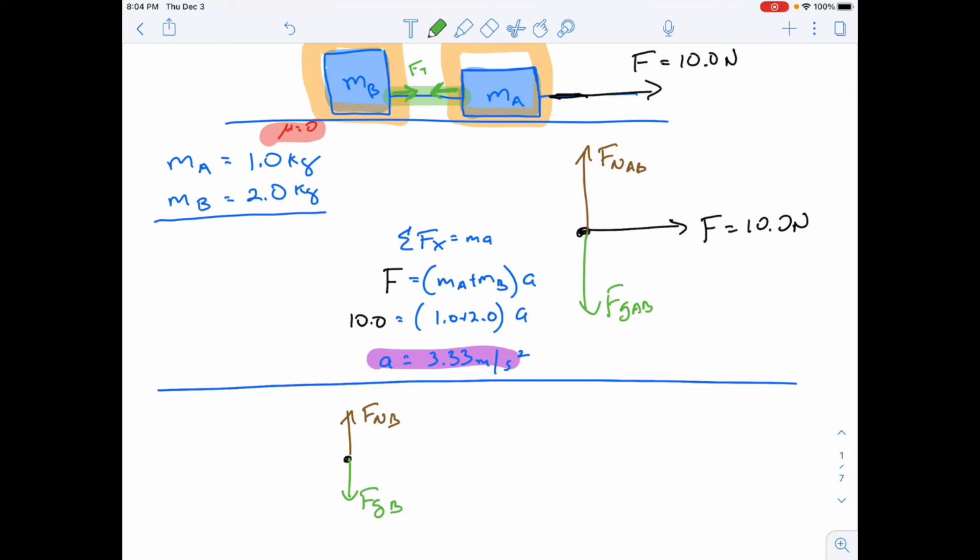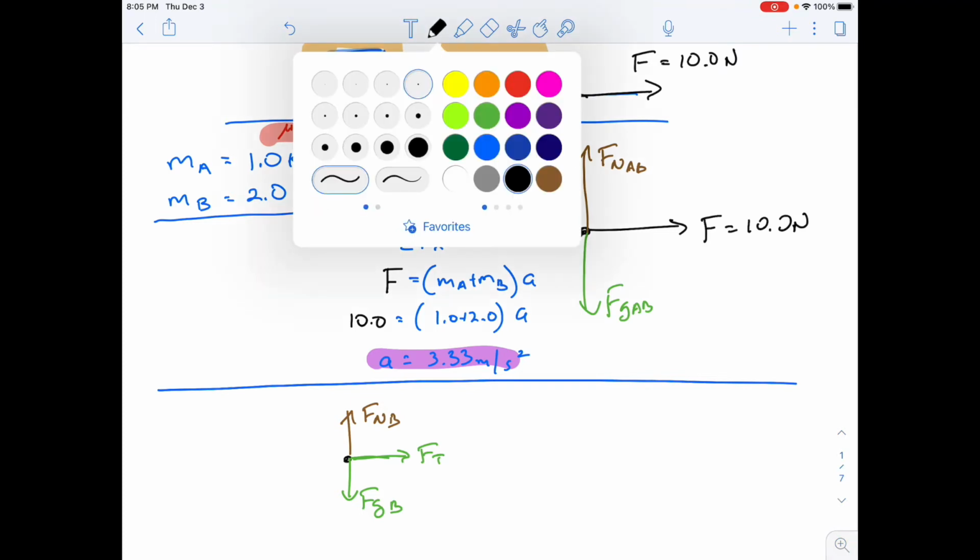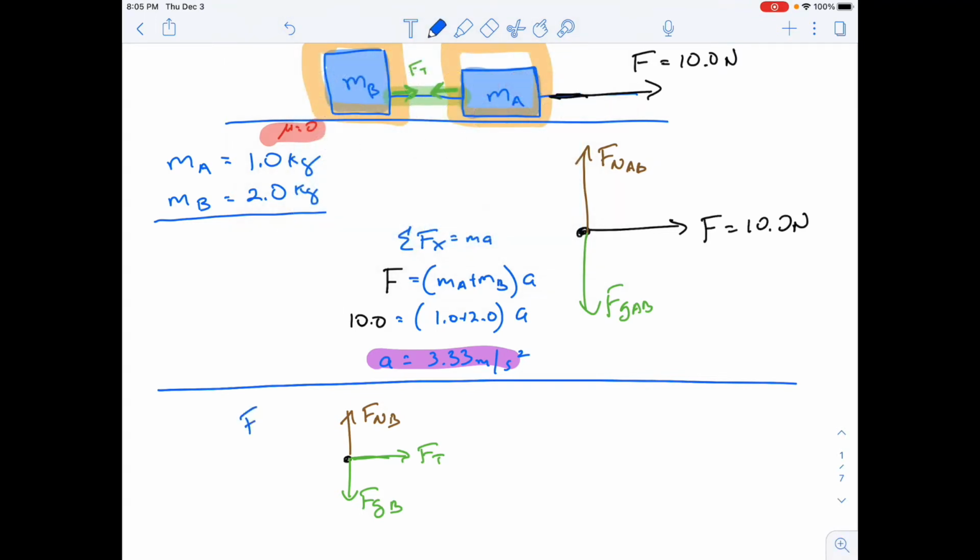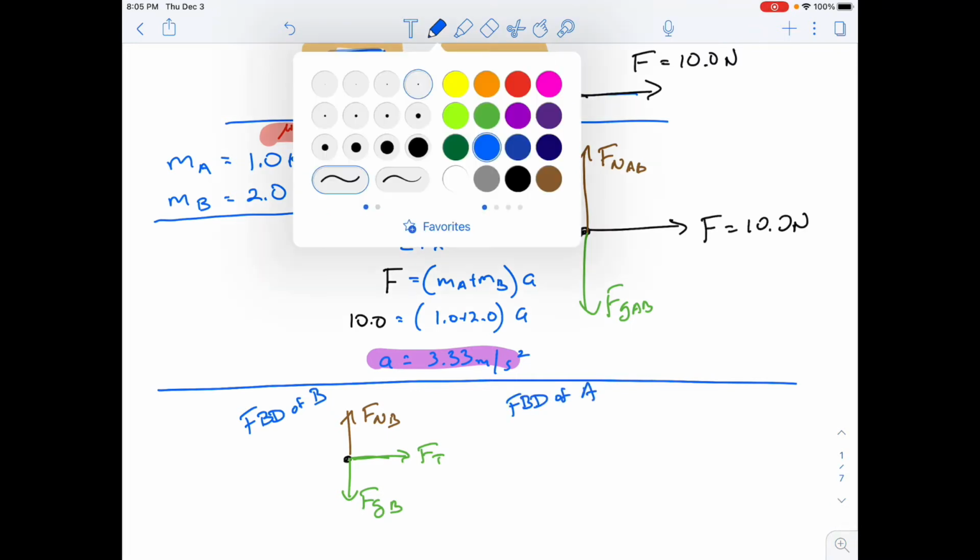But look what's pulling it forward. The only thing pulling it forward is the tension on that string between the two blocks. So this is object B, so let's make that known. This is the free body diagram of B. And then we do the free body diagram of A,